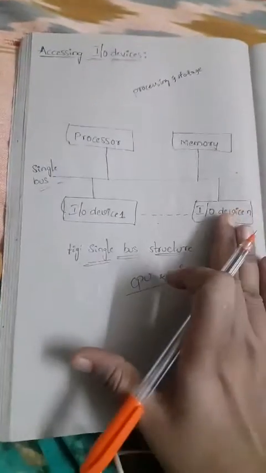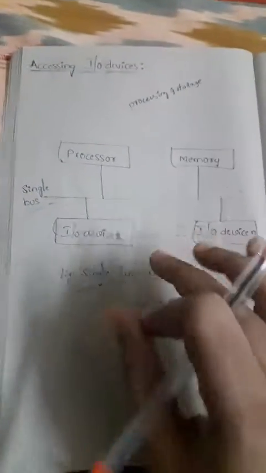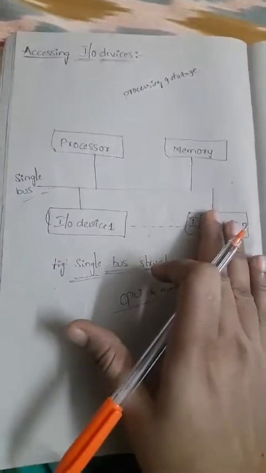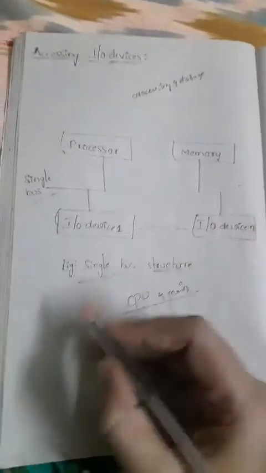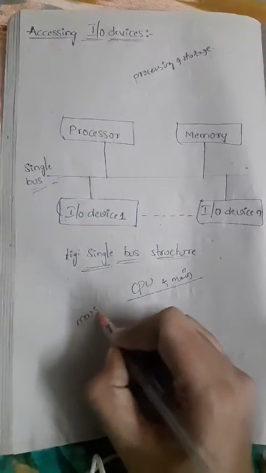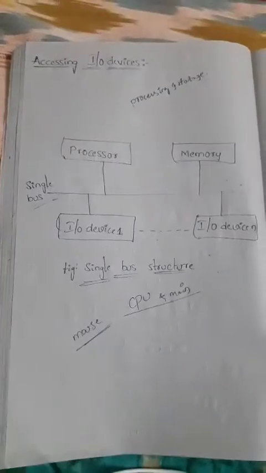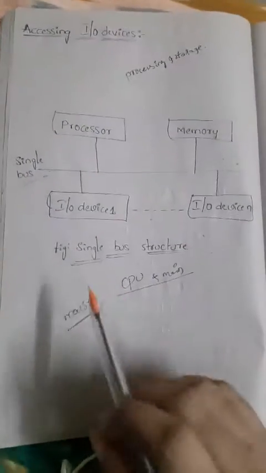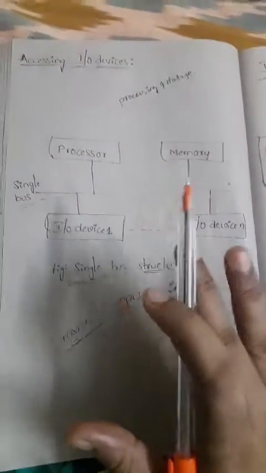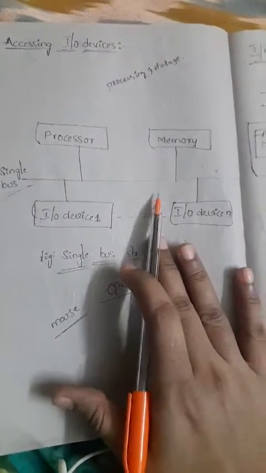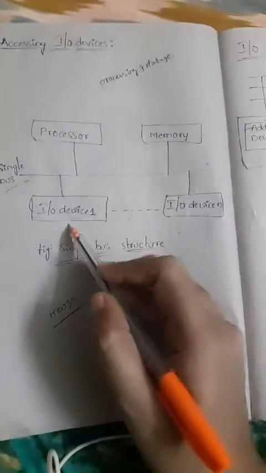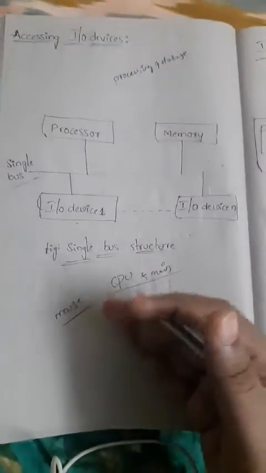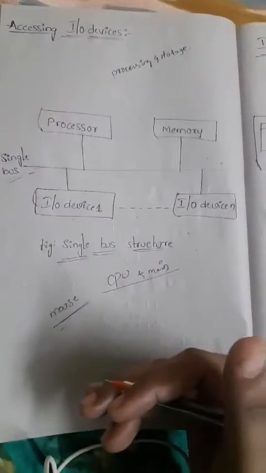Now let's see an example for this. Let us say a user wants to communicate with the computer with the help of a mouse. Let's see one more example related to these internal components. If the user wants to communicate with the computer with the help of a mouse, you know a mouse is an input device, right? So a mouse is nothing but an input device.